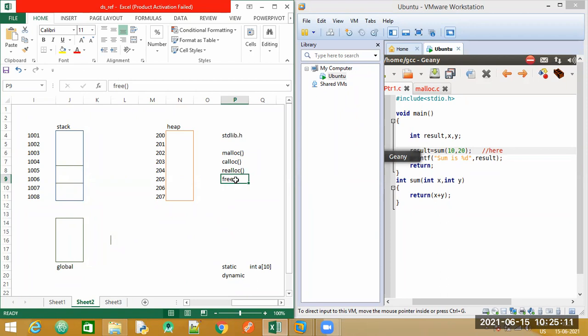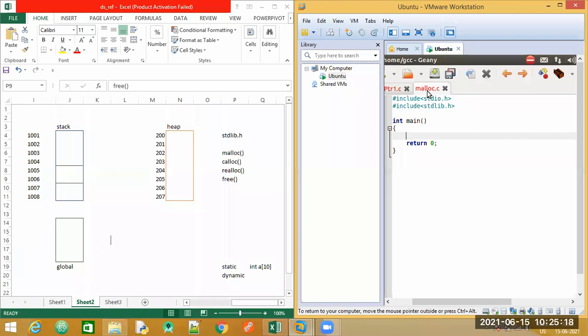Okay, ma'am. So let us move to one very small example where we declare a certain set of statements, just to see how memory is allocated. I'll try to show it with this picture itself. Have a look here, I have mentioned this header file.